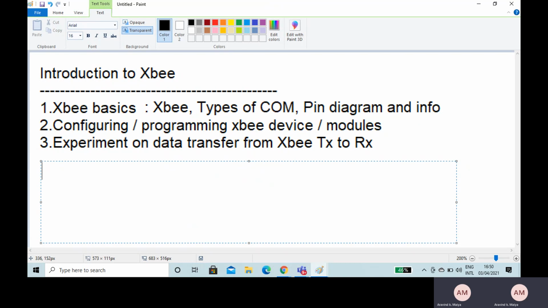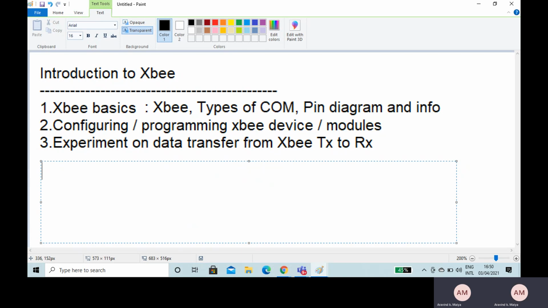When you are programming, two things are very important. One is the PAN ID. The PAN ID of both the transmitter, that is the coordinator, and the receiver has to be the same, and the destination address high has to be 0 for both the modules.